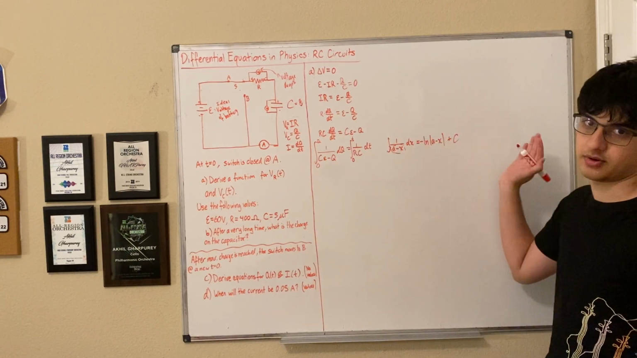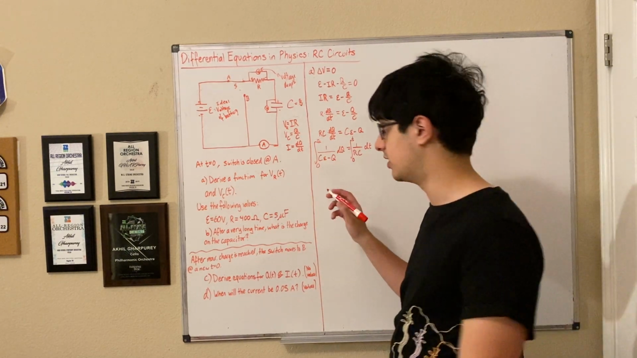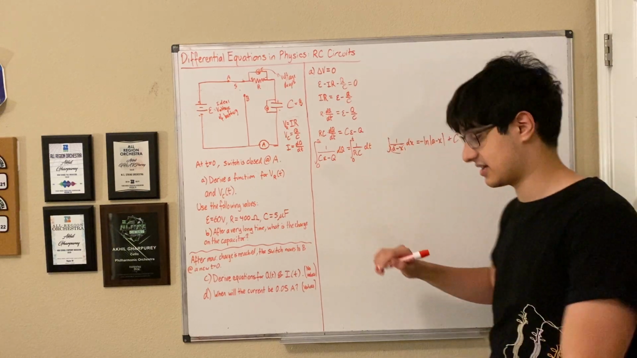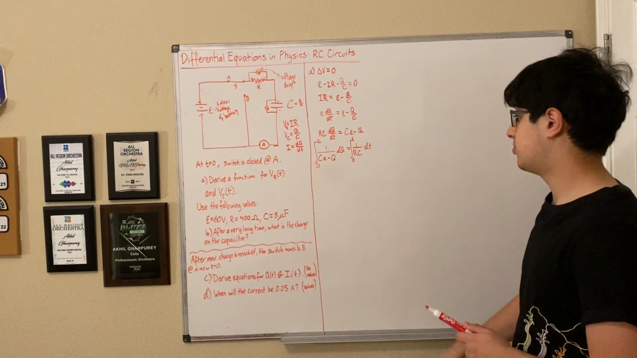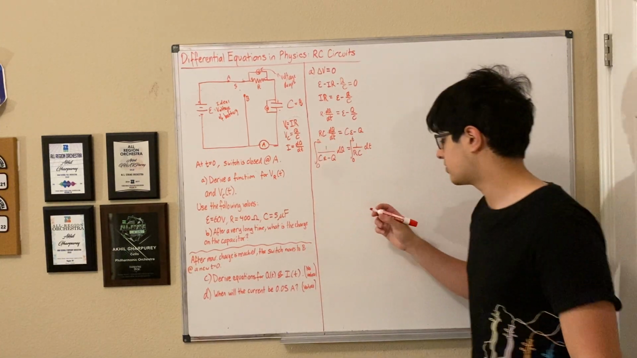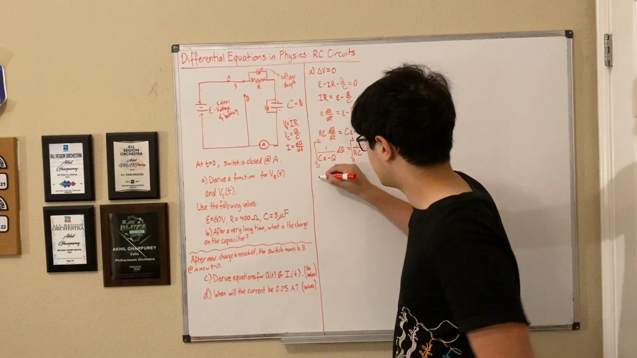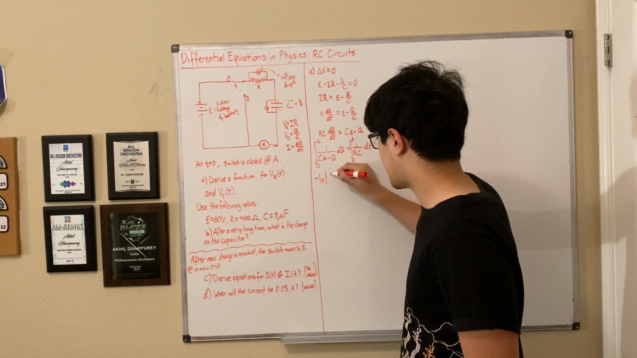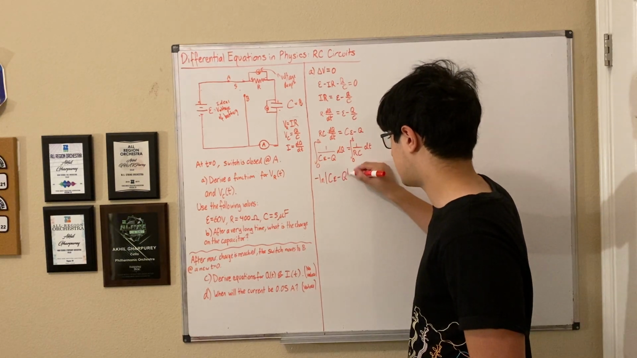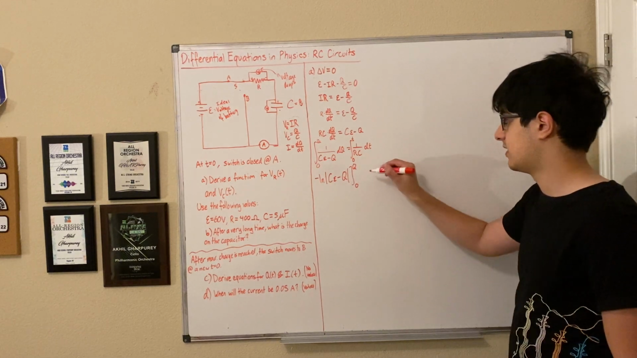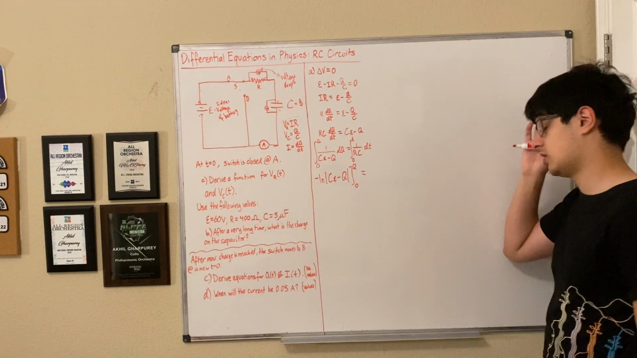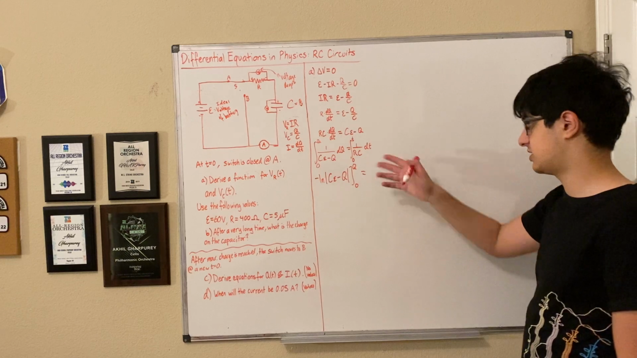This is just an integral property right here. You can try it, you can look it up on your own. It's just a fact. But if we go ahead and apply that to this expression right here, you're going to see that this is going to be negative ln, absolute value of c epsilon minus q, evaluated from 0 to q. This is going to be equal to, well, 1 over rc, this is a constant, so